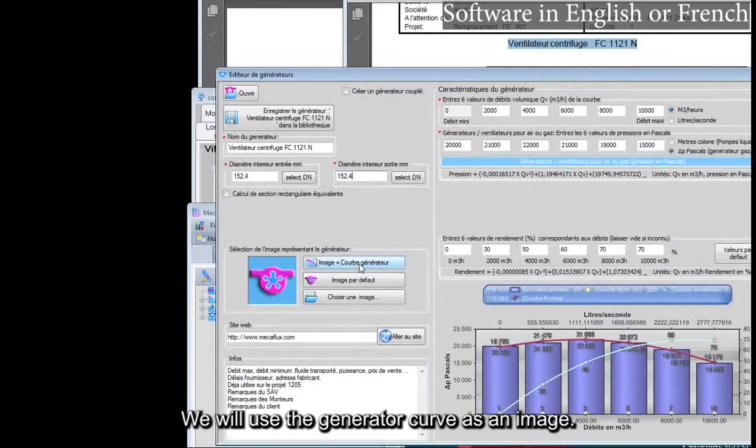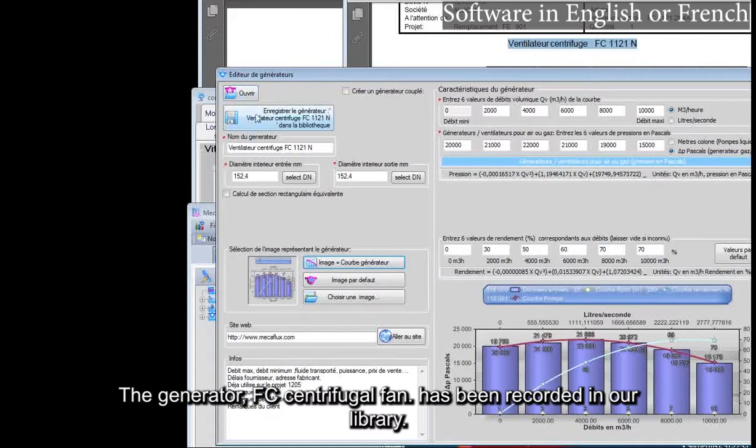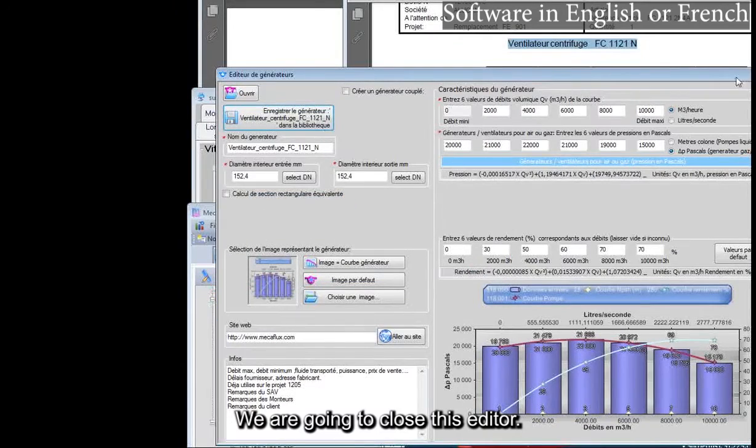We will use the generator curve as an image. Our fan is fully defined. The generator, centrifugal fan, has been recorded in our library. We are going to close this editor.